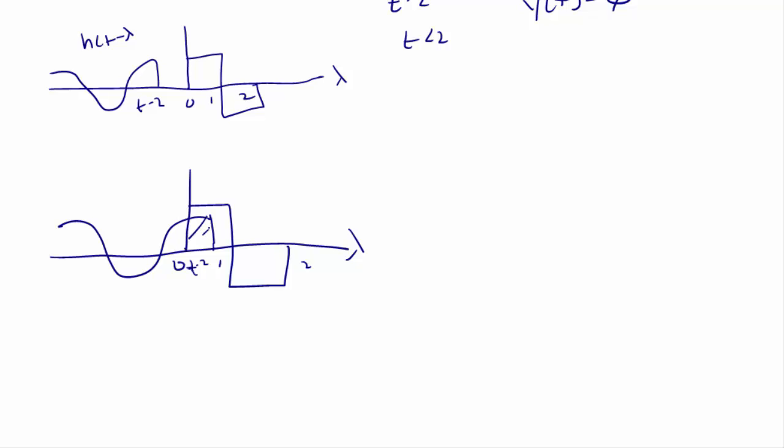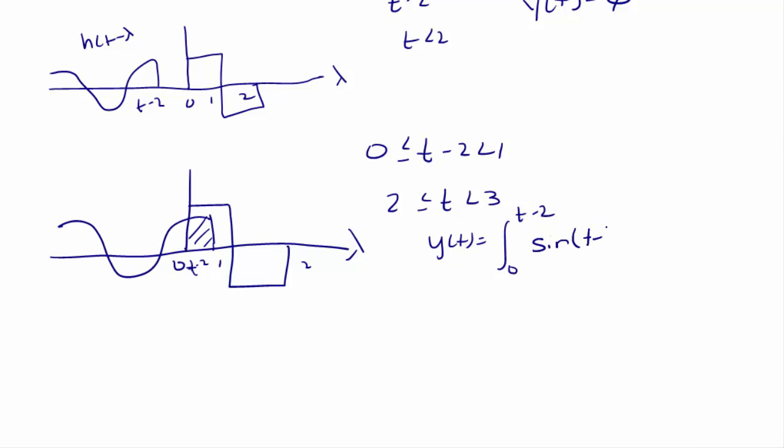So here we have an overlap here. So t minus 2 is between 0 and 1, or t is between 2 and 3, and y of t is equal to the integral from 0 to t minus 2 sine of t minus lambda